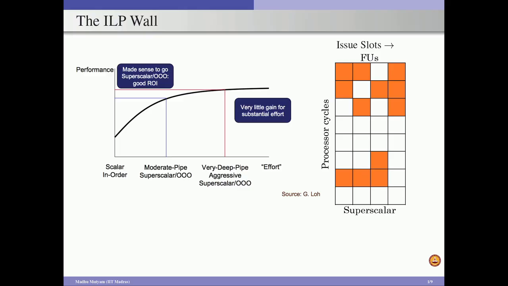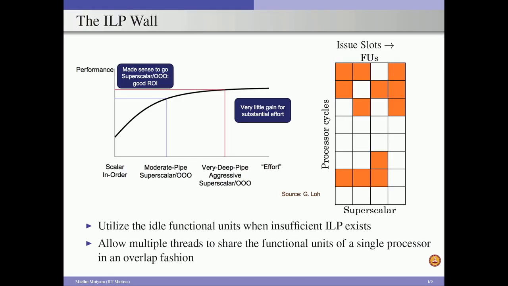So, our objective is to improve the performance of the system significantly by using some other mechanism. In other words, we want to utilize the functional units which are sitting idle because of the lack of ILP in our programs. To do that, we allow multiple threads to share these functional units so that they can execute their instructions on the idle functional units. As a result, instruction execution will be overlapped across multiple threads, resource utilization will be improved, and the overall throughput of the system can be improved.